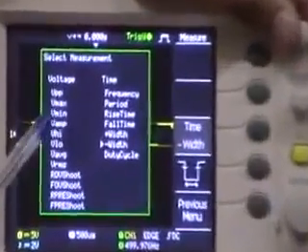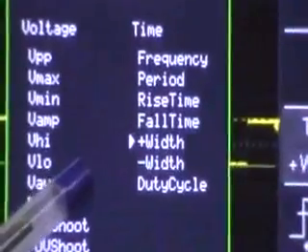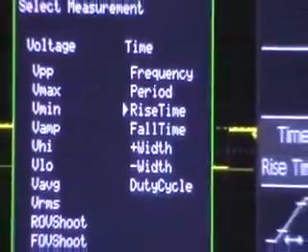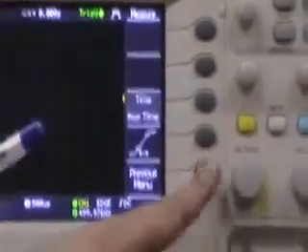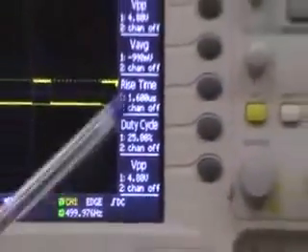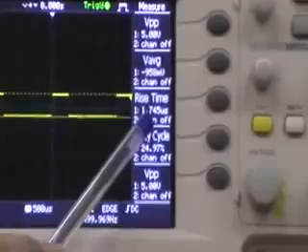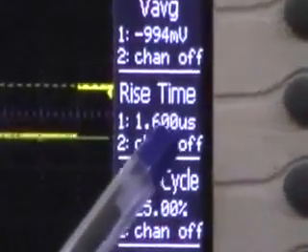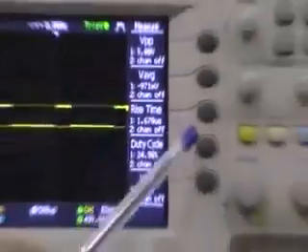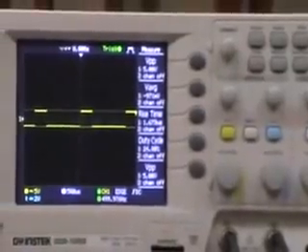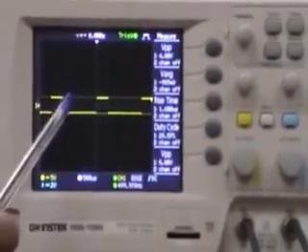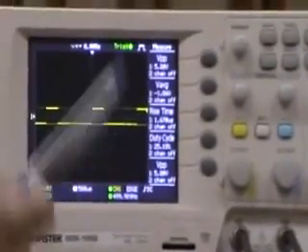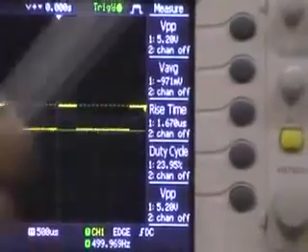For example, from the time measurements, if you want the rise time, we select it and then press the previous menu button, and you can see for the third function key we are getting the rise time measurement. Similarly, any of the required 19 measurement values we can select from the function keys, and it can be displayed over here for our convenience.